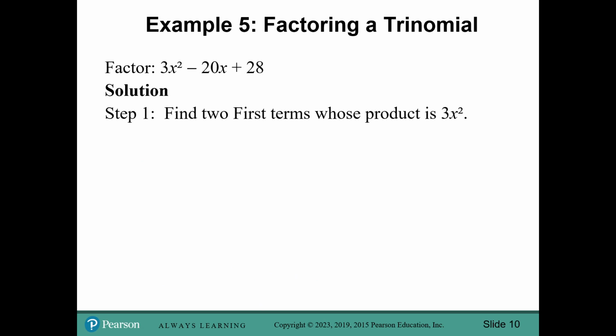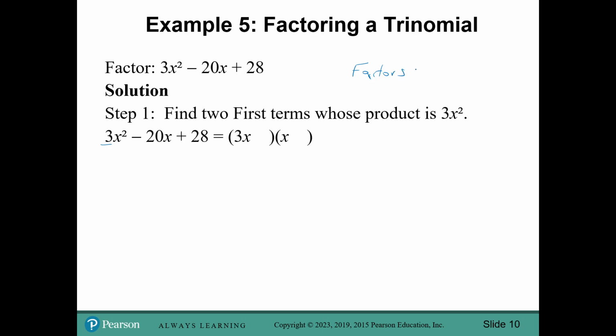Now, where it gets a little more difficult here is the factorization when you have something other than 1 out in front of your x. Okay, so step 1, find the first two terms whose product is 3x squared. Now with 3x squared, you only really have one thing that it could be, because this is a prime number out in front of your x, so its only factors are 3 and 1. So we're going to go with 3x and x